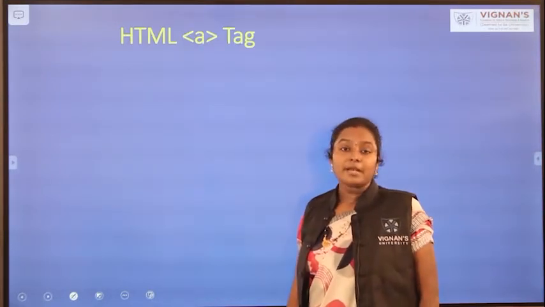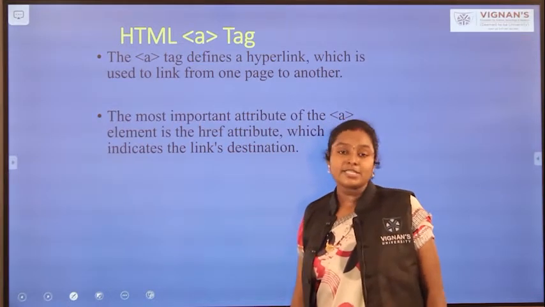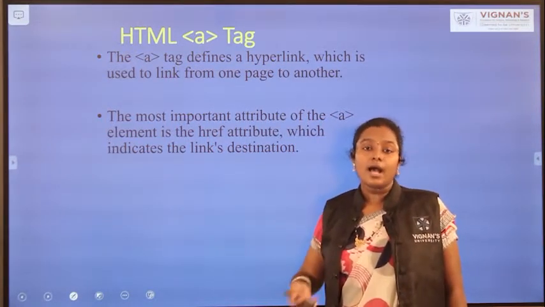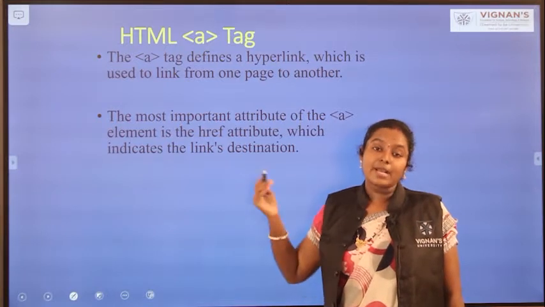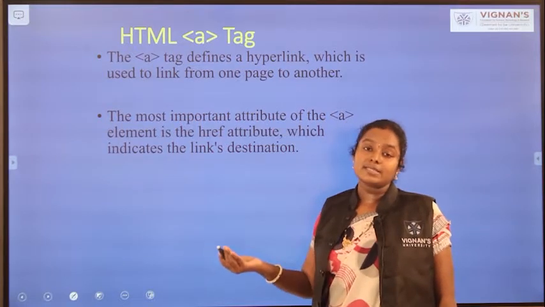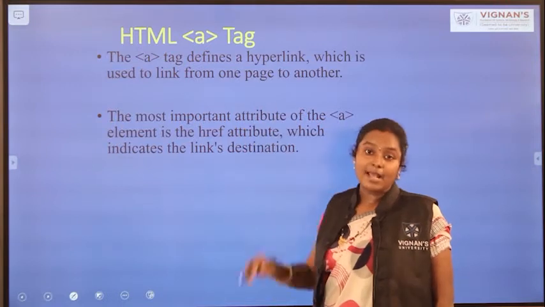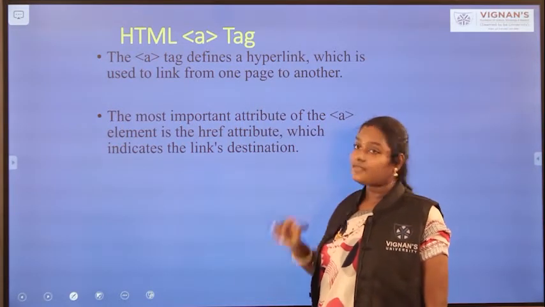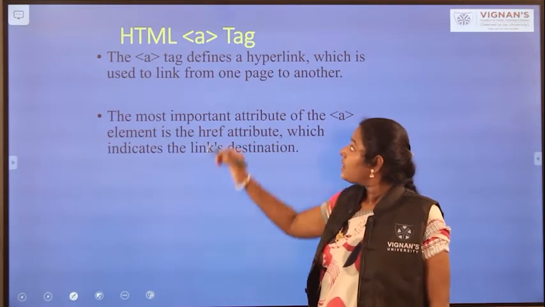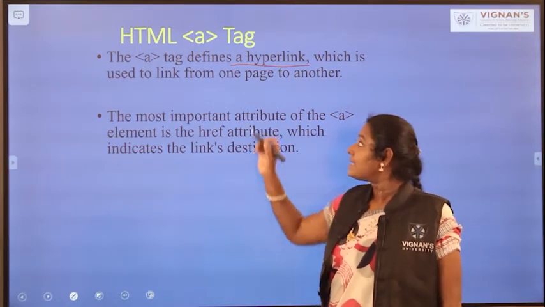Next, what is meant by anchor tag? HTML has a different set of tags which are mainly used for text formatting. Some more tags are mainly used to link from one web page to another web page. And if you want to insert images, you have some more tags for that. So you have a tag called the A tag, which is also defined as an anchor tag. So what is the purpose of this anchor tag? The anchor tag is nothing but a hyperlink.